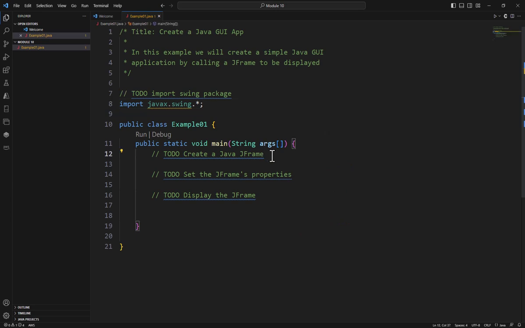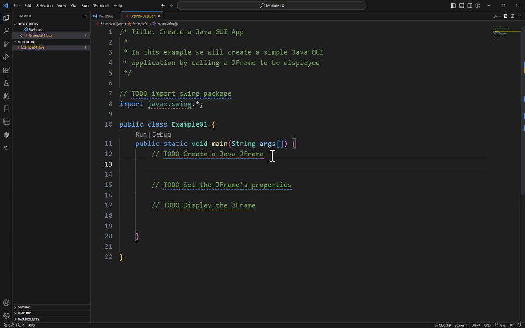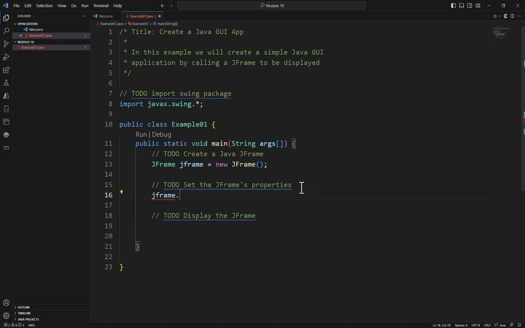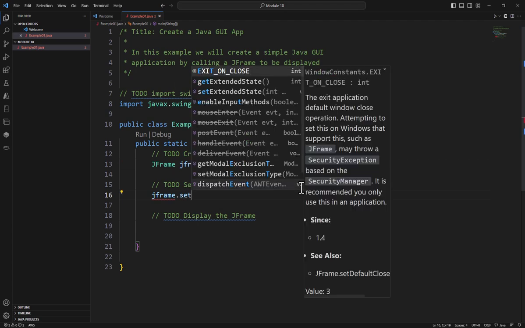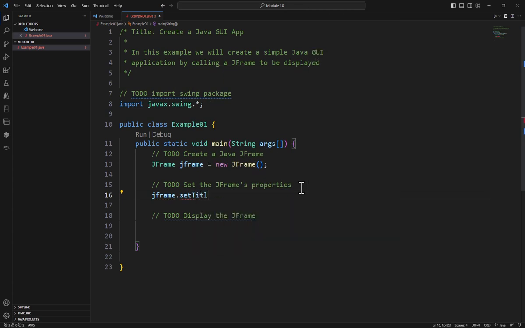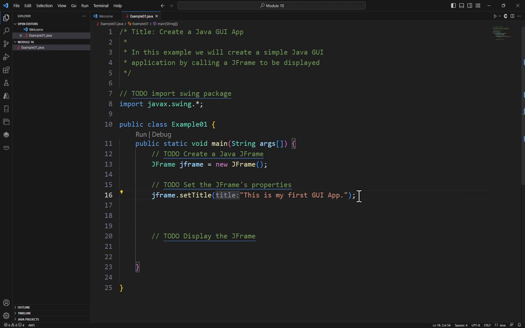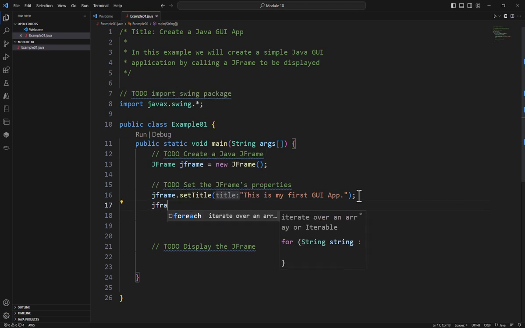Inside of our main, I'm going to create a jFrame. A jFrame is a window that can be displayed. We'll call this jFrame, just for simplicity, equals new jFrame. We can say jFrame dot, and then we can access a variety of properties and methods, such as setTitle. I can also set the size of my window, such as